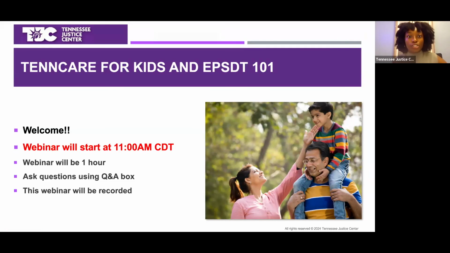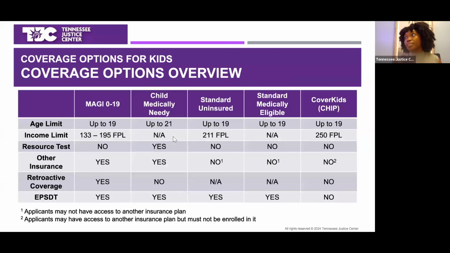All right, so the first question is, is coverage available to children who've turned 19? So to clarify, actually I'll go to the slides, that would be helpful. For most of the eligibility categories, a child is eligible up until they turn 19. So what's going to happen is they'll be covered, and then at or around their 19th birthday, TennCare is going to send a notice to the family saying that you're being disenrolled. And that's due to them aging out.